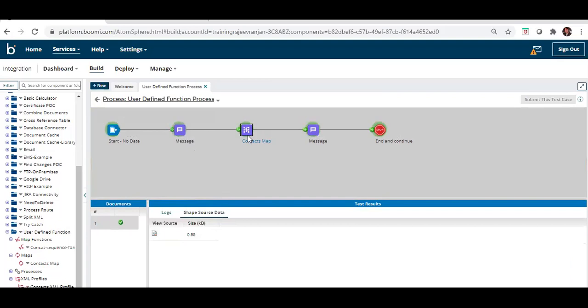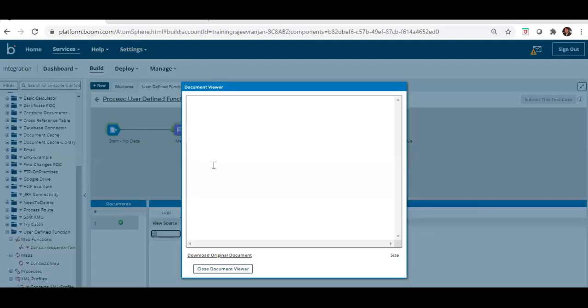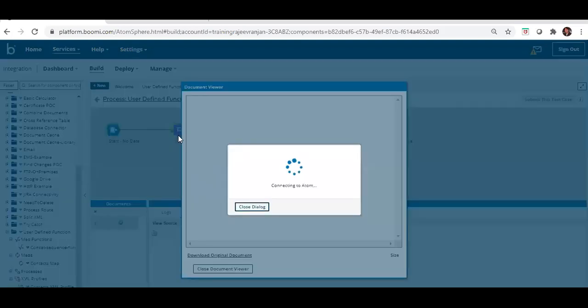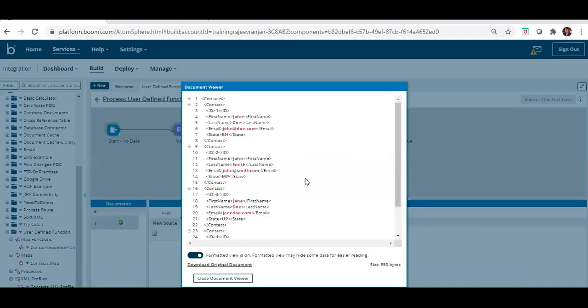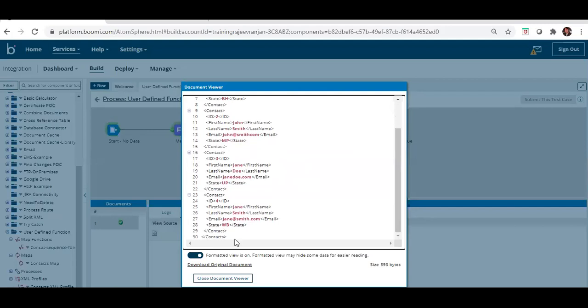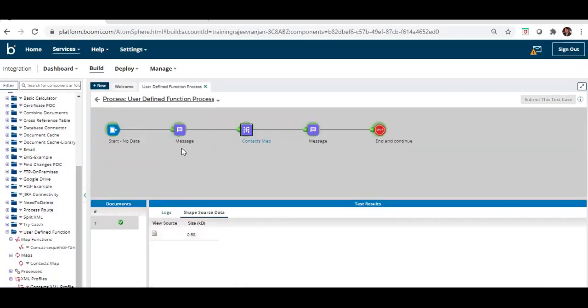In the message I have already put hard coded values, and you can see this hard coded value coming from the message and being passed on.